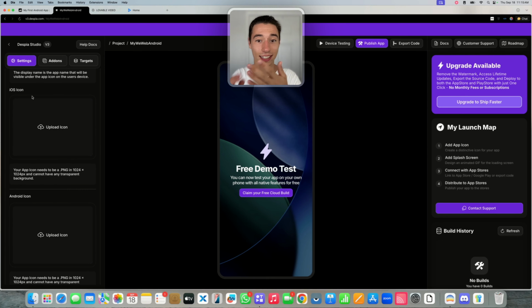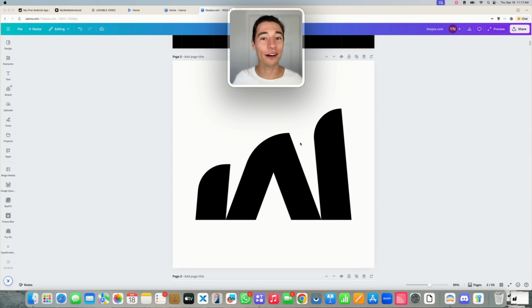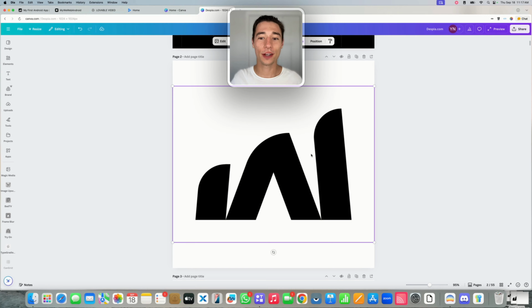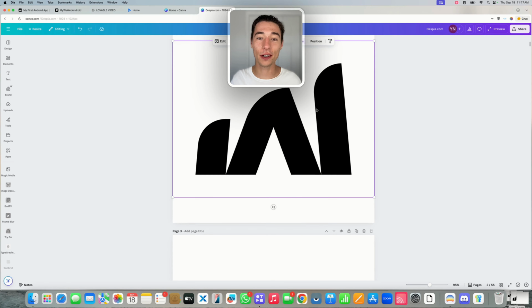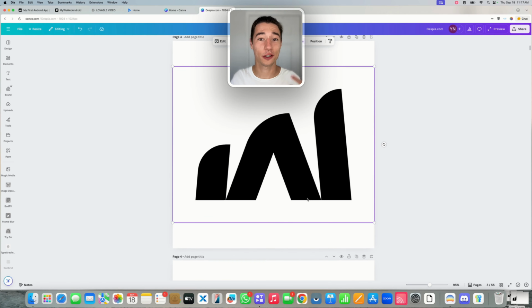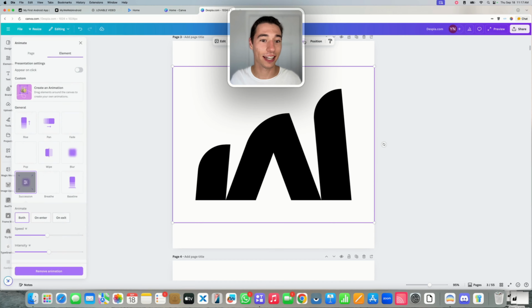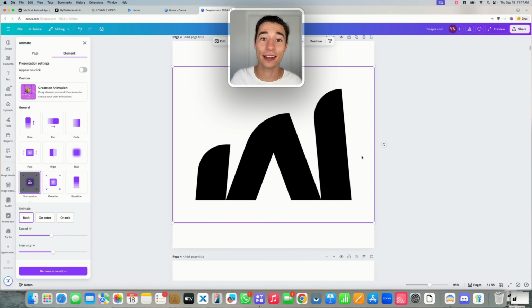So let's make a little cut. Let me just design a simple icon, and then we'll upload that. So now I have designed some icons in Canva. So I have the iOS icon inside of here. I have the splash screen GIF inside of here with a little animation on it, because you can animate that